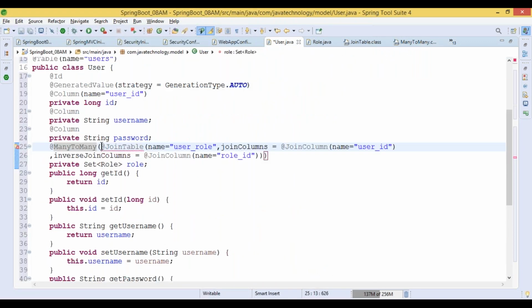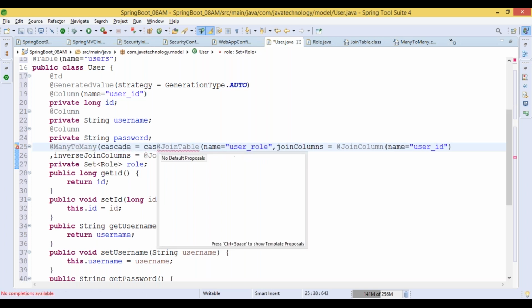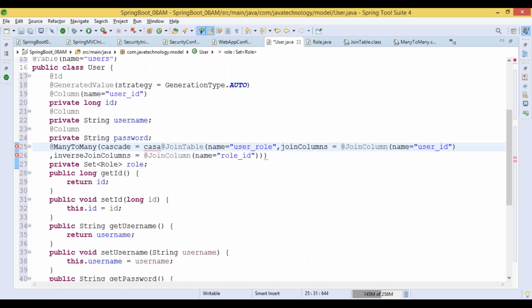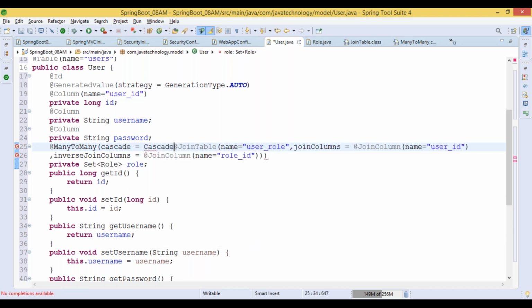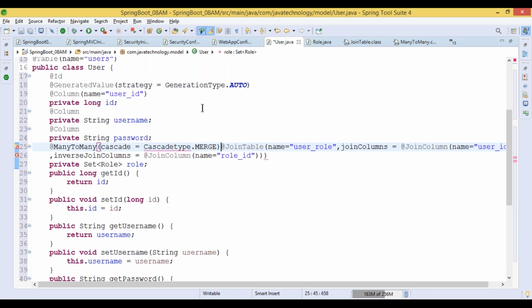Let me add. Cascade is equal to CascadeType. Let me check ManyToMany.